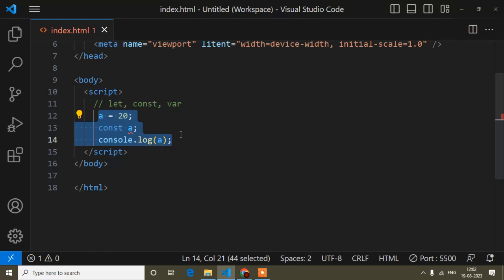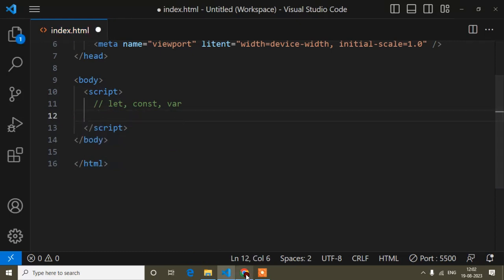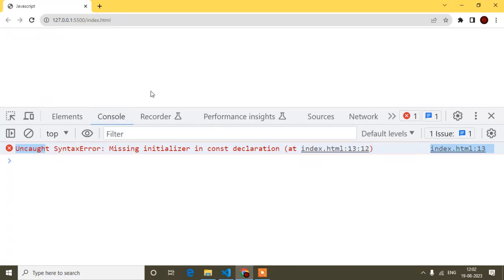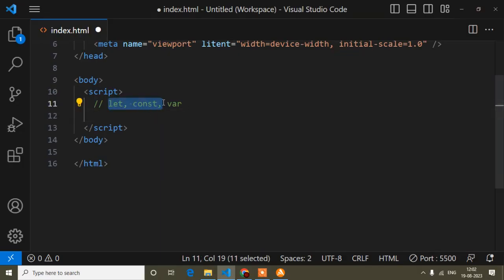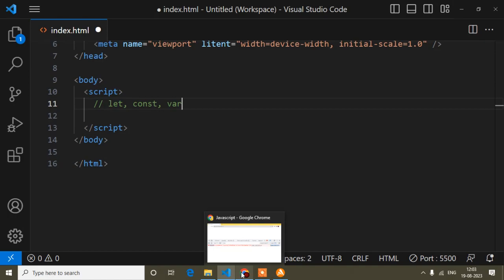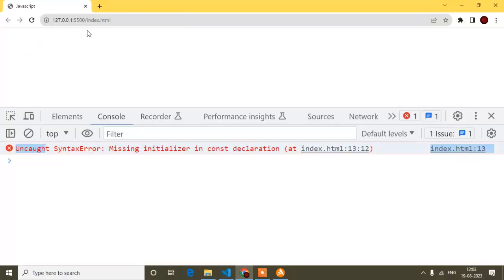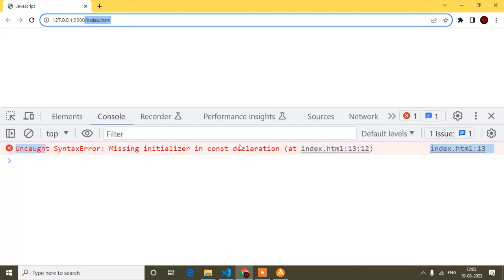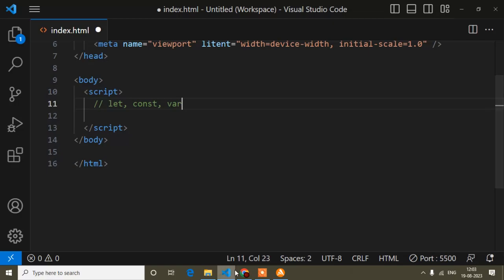Now one thing I want to make clear. When I am opening those in my browser, the browser doesn't understand let and const keywords. This was introduced for our benefit, but the browser understands var only. Just remember this, whatever browser you open. Now I am using the Chrome browser, and this is the index.html page, right? I have created the index.html file and I am opening it here.